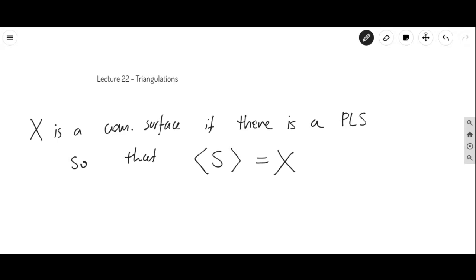So X can be obtained by taking some kind of coloring code, which is represented by your word, then taking a disk and gluing its edges along by that code, and you get a two-dimensional manifold out of it, which is connected, it's compact, and we call that a combinatorial surface because the surface is described in a combinatorial sort of way. And the question, this is like the big question,